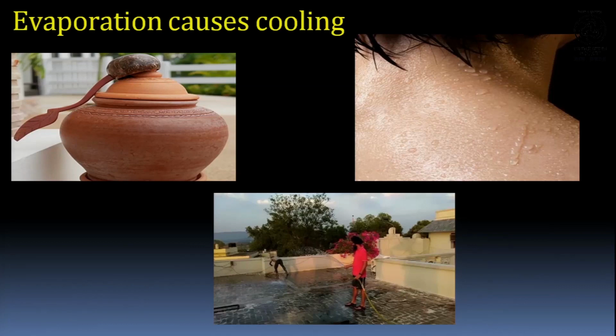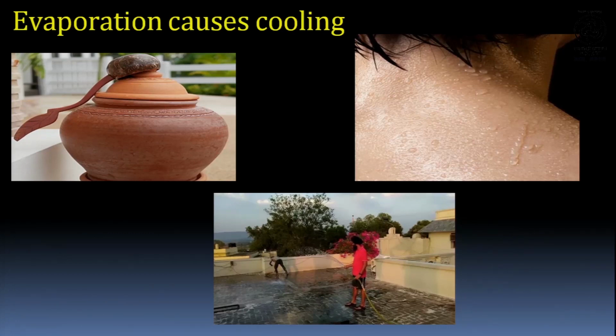Children, on hot summer days, what happens you know? The roofs of our houses get heated up a lot. So the rooms also get heated up. What we do, children, then? We wet the roof with water. As you see in this picture, we put water on the roof. So what happens? When we put water on the roof that is already heated up,